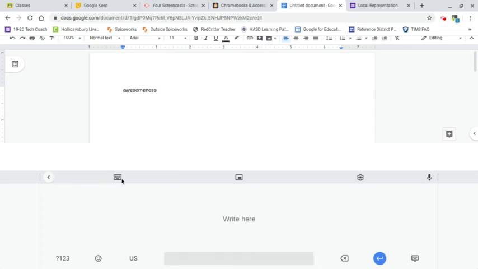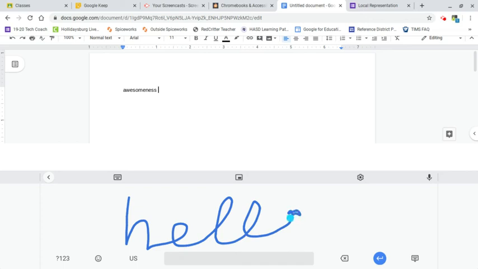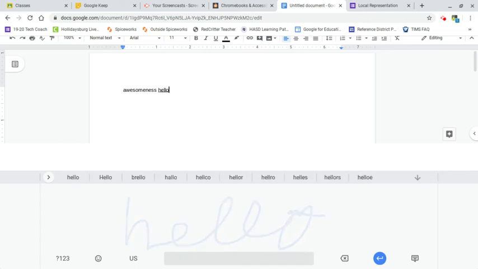If you click this little squiggly line, this is the handwriting feature. So I'm going to do a space actually. And I'm going to try to write with my mouse the word hello. And a little bit of cursive. Now when you let go, you can see that it's guessed it up here and inserted it as typed text,